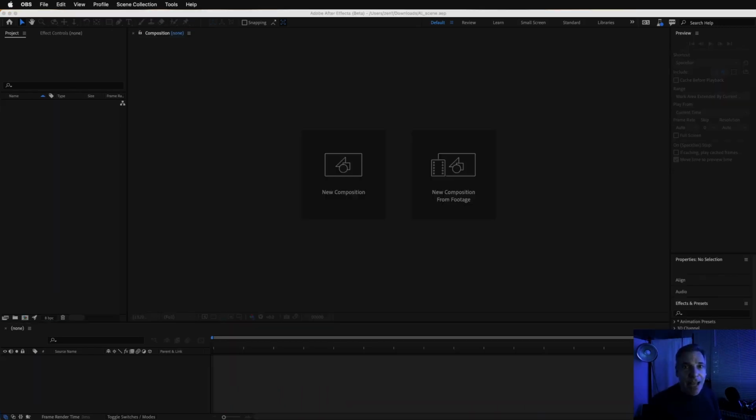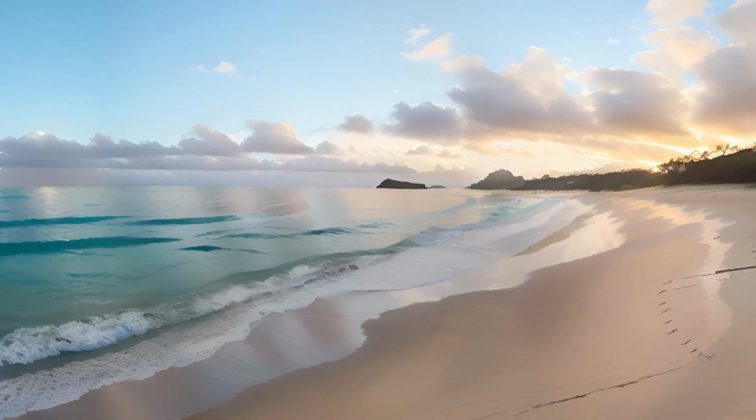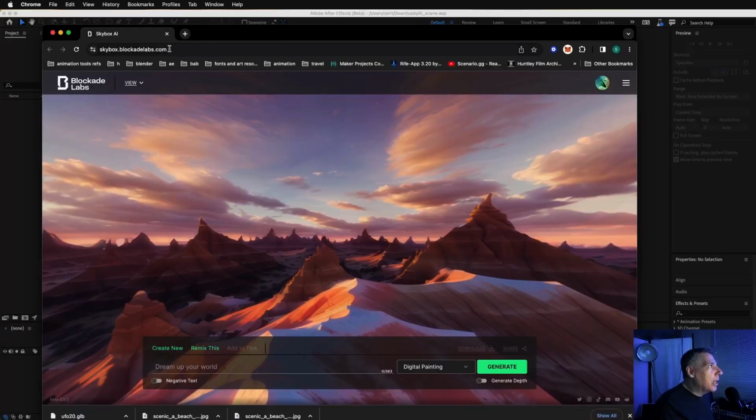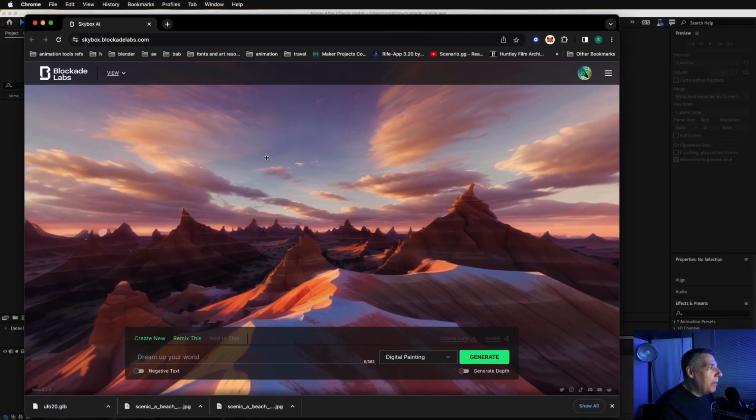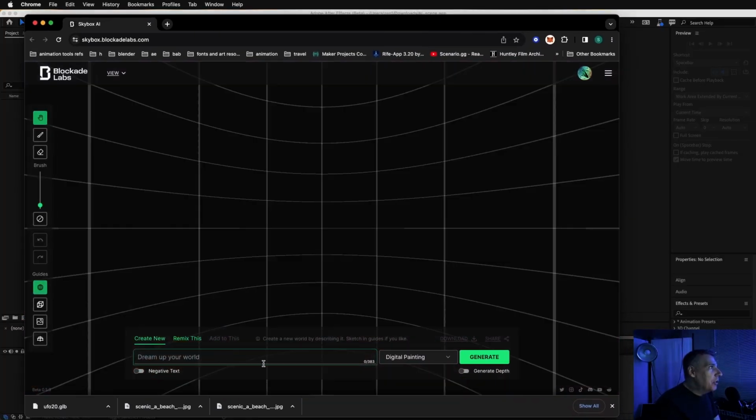This is going to show you how to use AI with After Effects to create awesome scenes, such as turning around your scene. First, go to skyboxes.blockade.com and generate a scene. And you just do that by going to the URL in this box, type up something that you want to